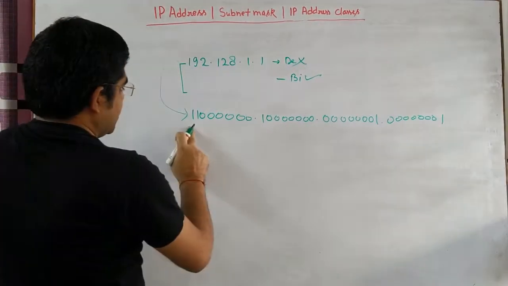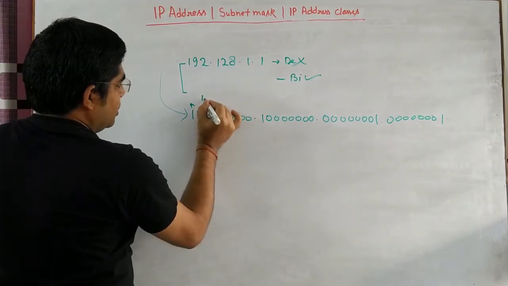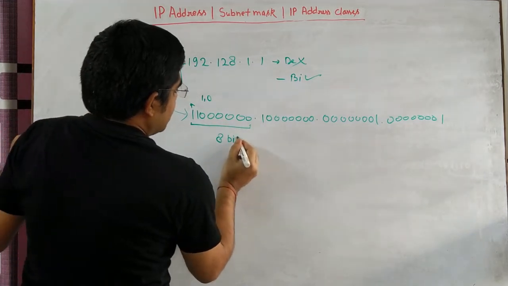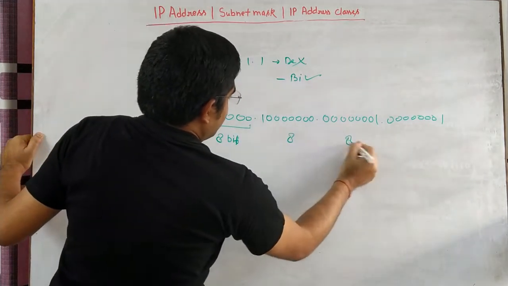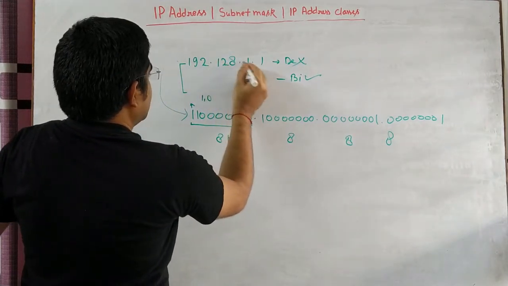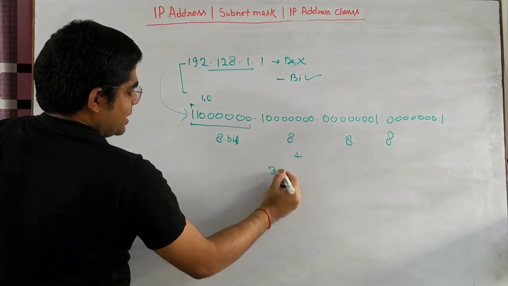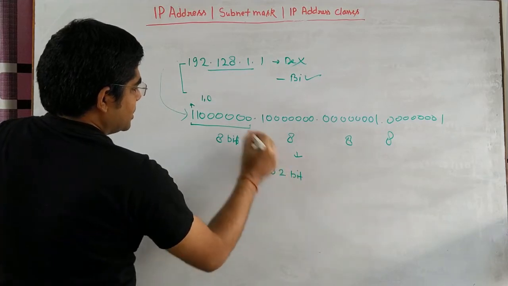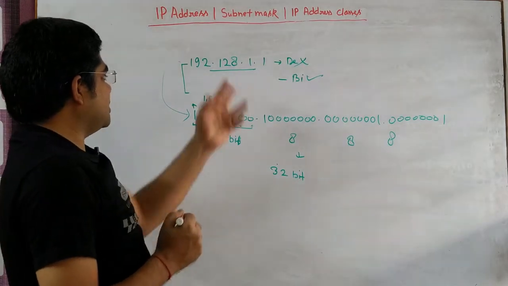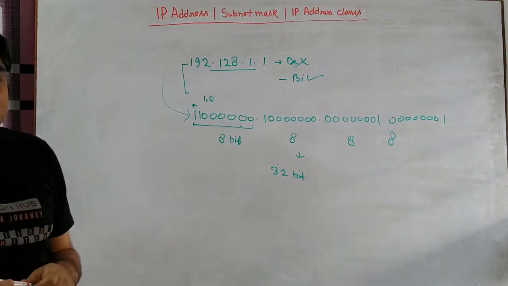If you count these, these are the bits. This is a bit. In binary, a bit can be either 1 or 0. So these are 8 bits, these are 8 bits, and so on. These 8-bit groups are separated by a dot. So an IP address is an address of 32 bits. You can see 32 bits here. When we give this address, the computer actually understands it in binary format like this.